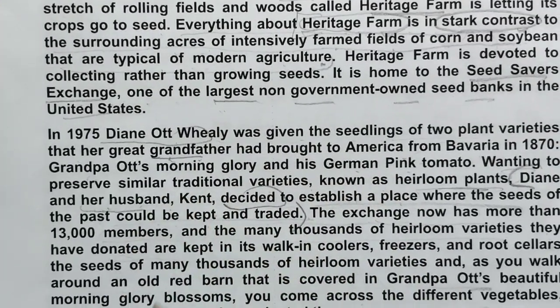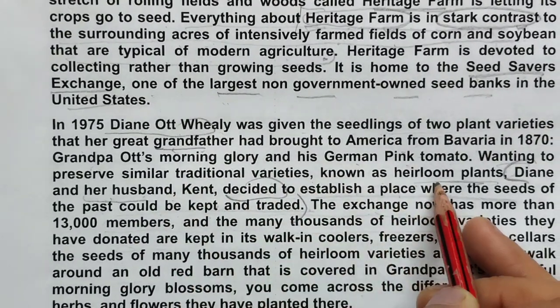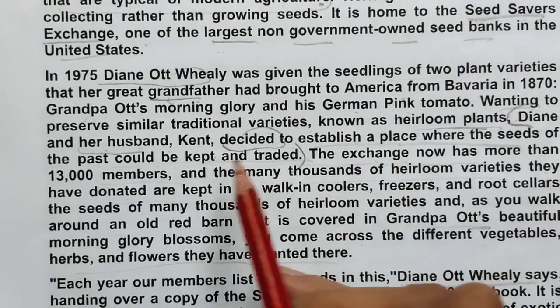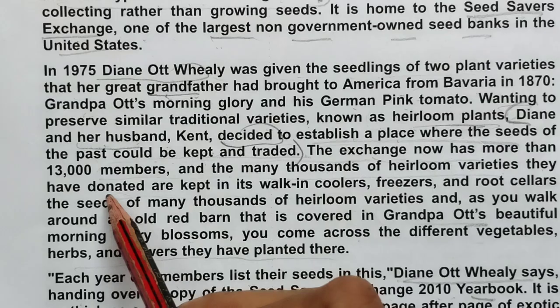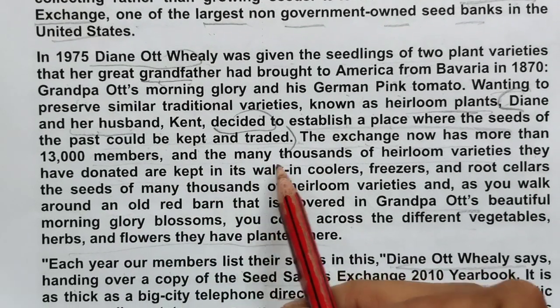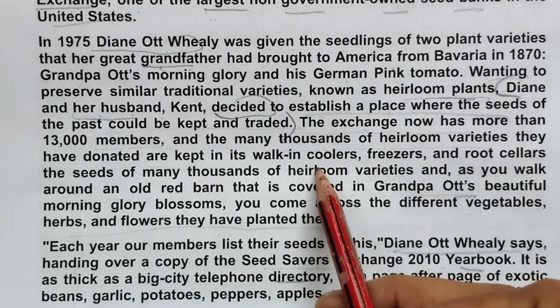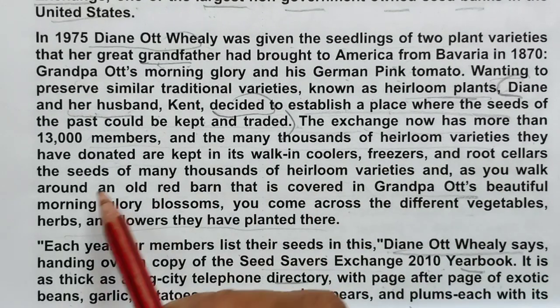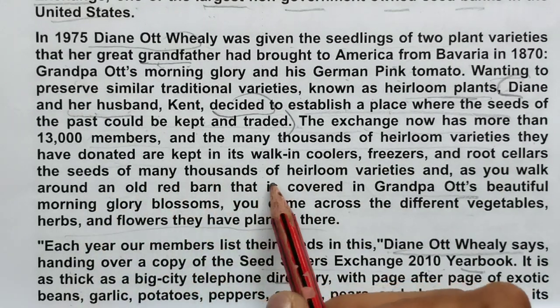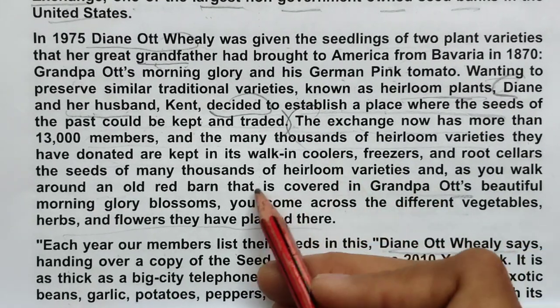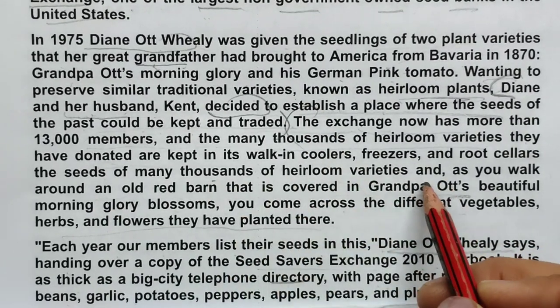Wanting to preserve similar traditional varieties known as heirloom products. Given, okay, Diana and decided. The exchange now has more than 13,000 people, and many thousands of heirloom varieties they have donated are kept in its walk-in coolers, freezers and root cellars, the seeds of many thousands of varieties as you walk. Okay, here, yes. Now if you just read these lines,